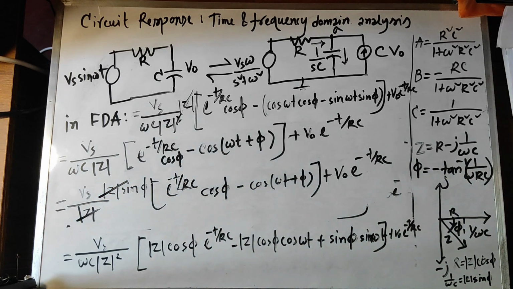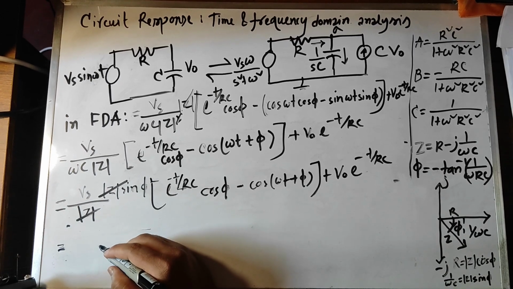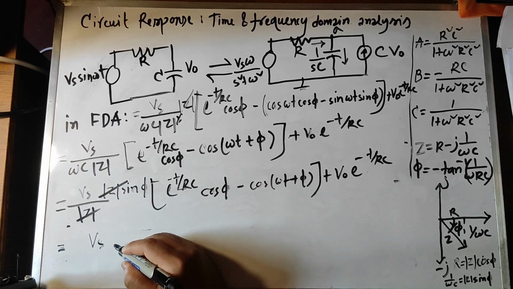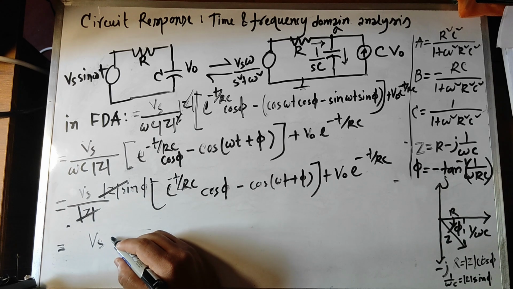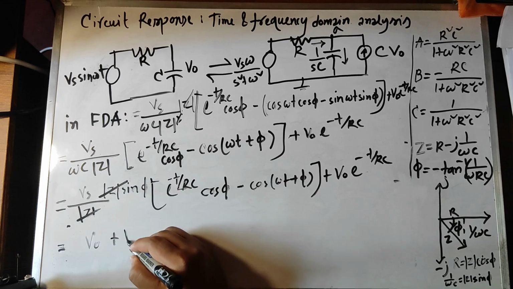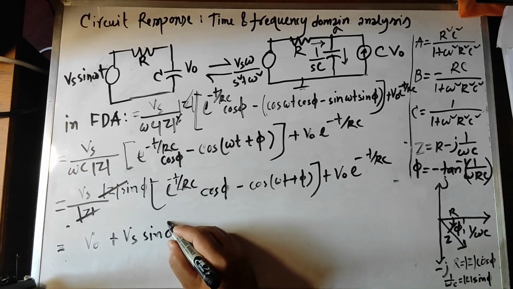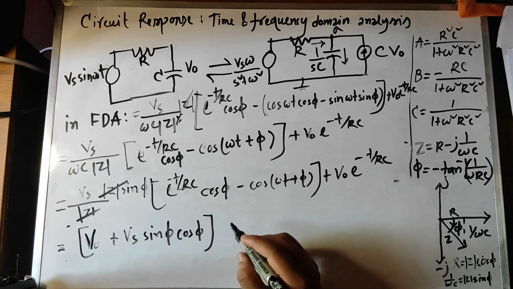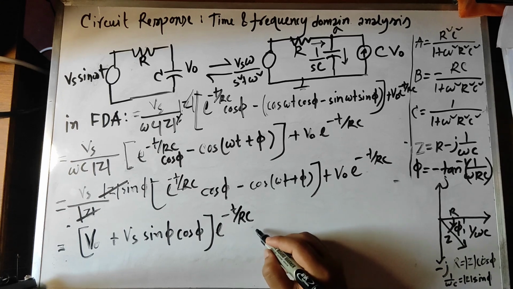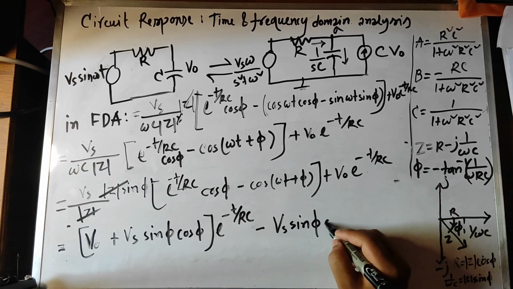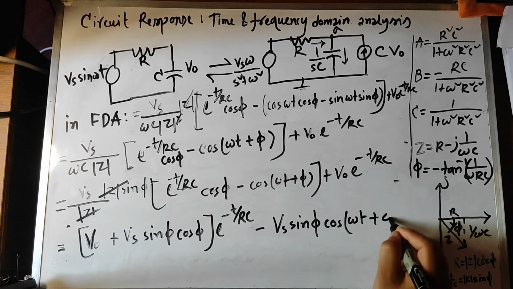So these terms will cut out, leaving these terms, and it will give us Vs cos, okay, say vo plus Vs sin phi cos phi e to the power minus t by rc minus Vs sin phi cos omega t plus phi